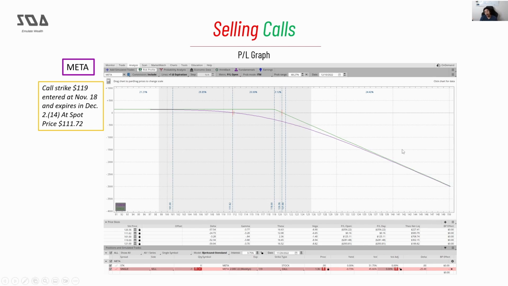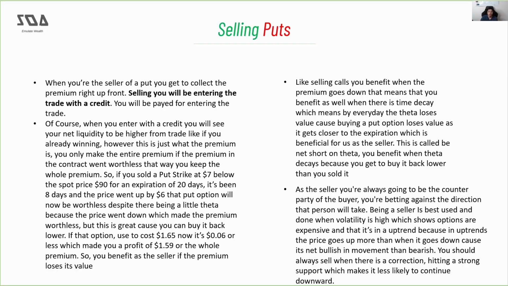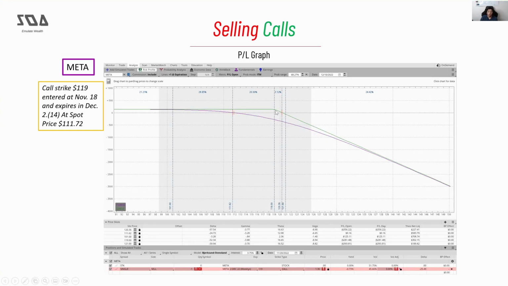For me, I never allow this to happen, and I never even allow it to get close to the strike price. Because remember, in the buying call section, at expiration, when you buy a call, you still lose all the premium, because you don't have any intrinsic value left. At expiration, there's only intrinsic value, not extrinsic, because all the time value got wiped out, and so did the volatility, of course, because there is no volatility anymore.